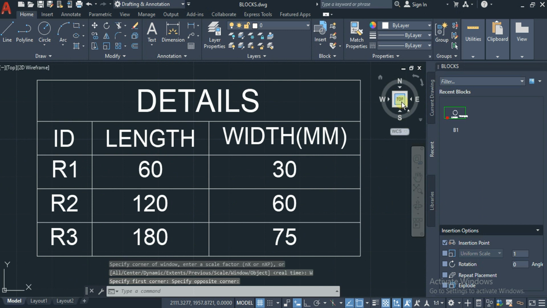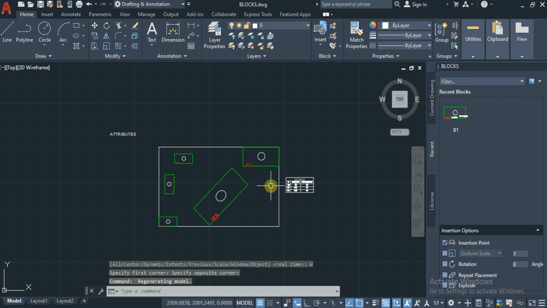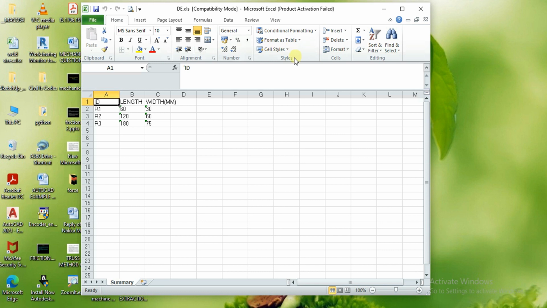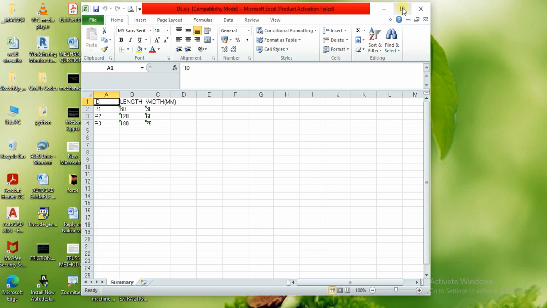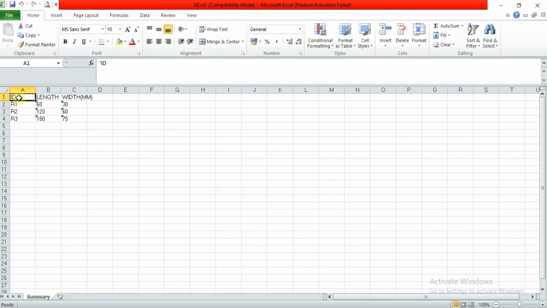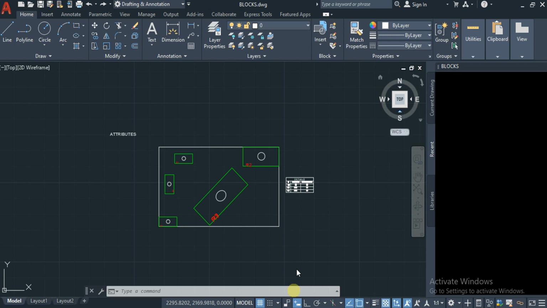Okay, so it's nothing but we have drawn, we have applied modifications, and whatever the data we need, we have applied that too, and we got the data extraction in the tabular format. Okay, so I will show the Excel file too. So this is the Excel file here. So we got the data extraction into Excel format also. So whatever font modifications you want to do, you can do that in Excel. So like this, whatever data input we have given in AutoCAD, that can be extracted into Excel or other formats too. So this is all about the data extraction.